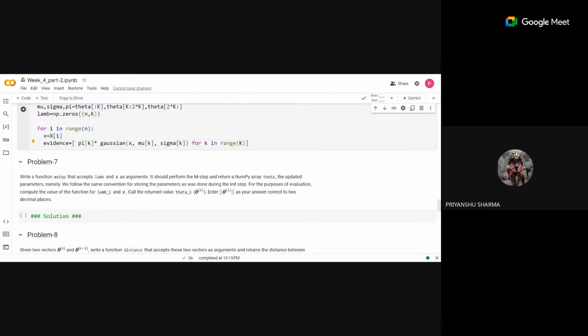Sir, can you please explain? Okay, sure. See, first what I am going to calculate here is the denominator part for the data point, and that is basically the summation of pi k n k, from i equal to 1 to k. So this comprehension method, do you know this list comprehension? Yes, sir. This way of writing. Okay, so what it will return, it will basically